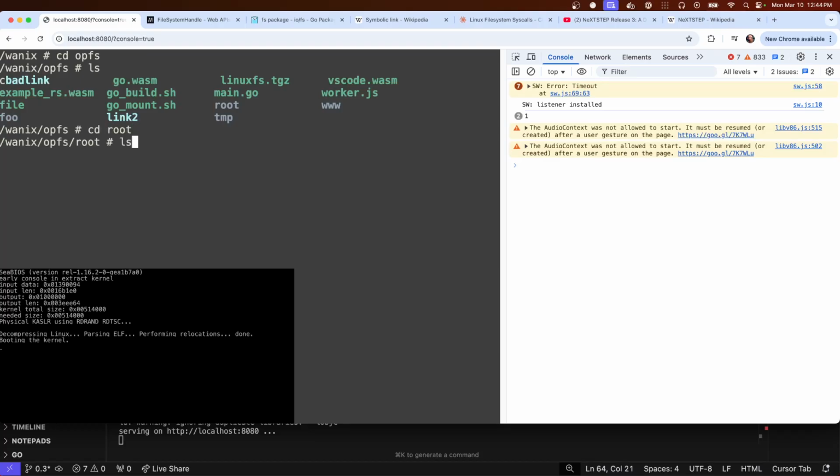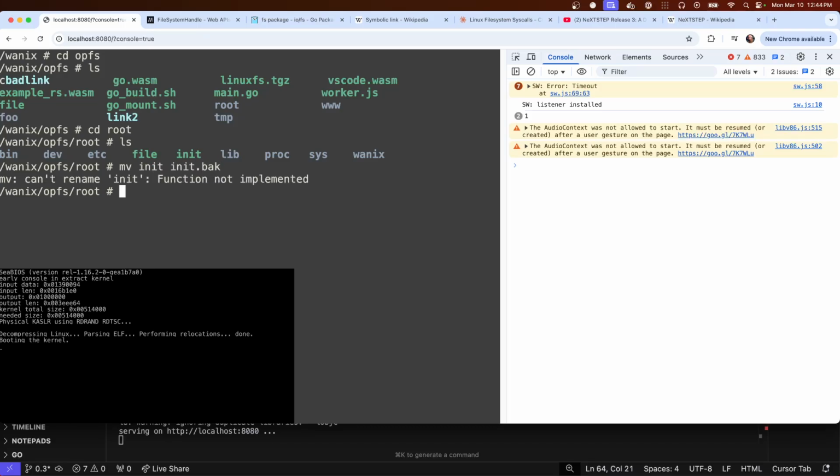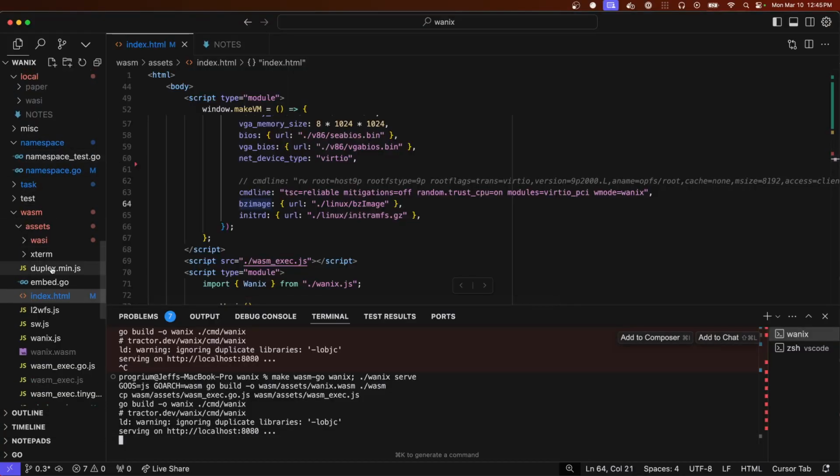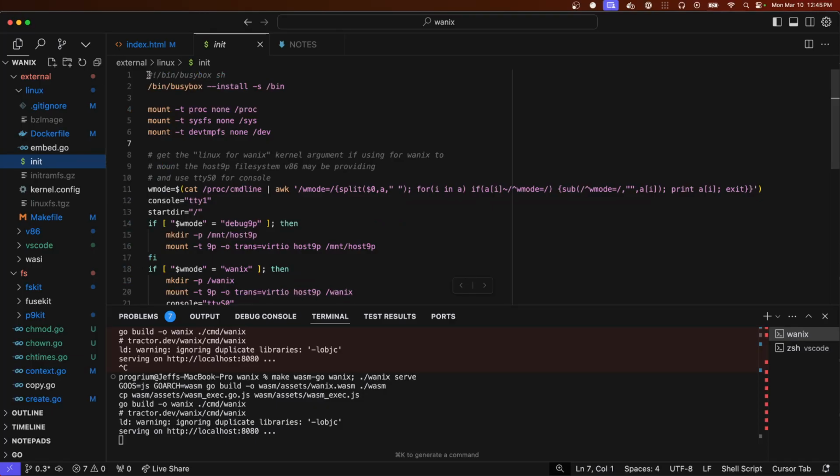I think one of the funny things is I haven't implemented move. Yeah, so, but copy works. And I guess remove that and then create a new one. What does it look like? We'll do, in theory we can